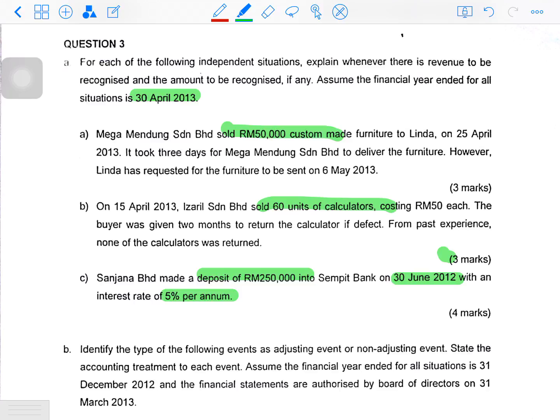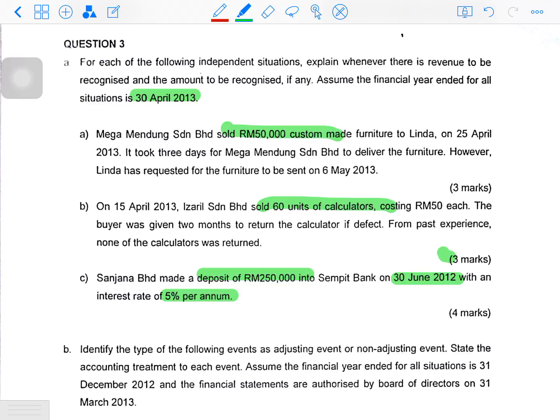Issue tu untuk event after balance sheet date, issue date dia, on 1st June. So with regard to revenue, we have question A, part A tu. Zara Sendian Berhad sent goods with a worth of 4,000 to a buyer on 15th April. Maknanya dia jual kat sini, dia bagi tahu kat sini. Okay. 4,000, 15th April